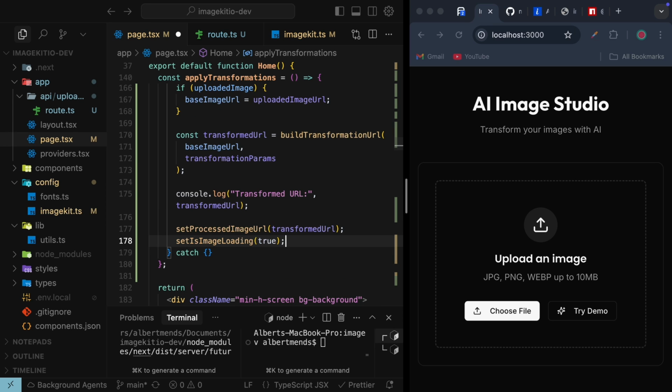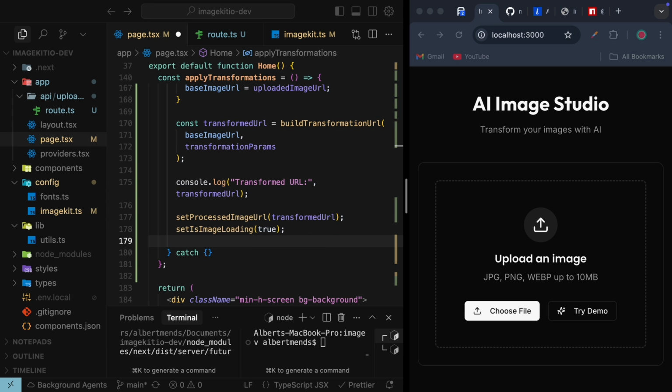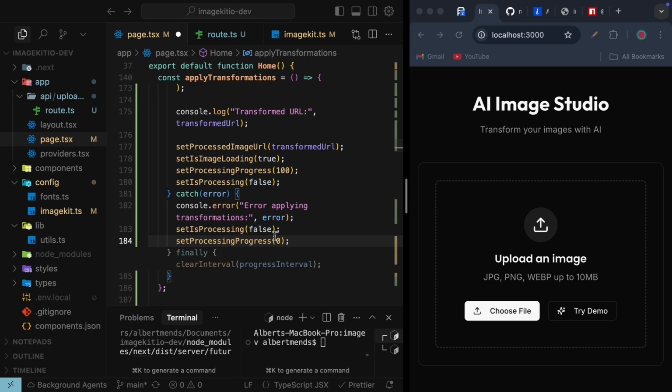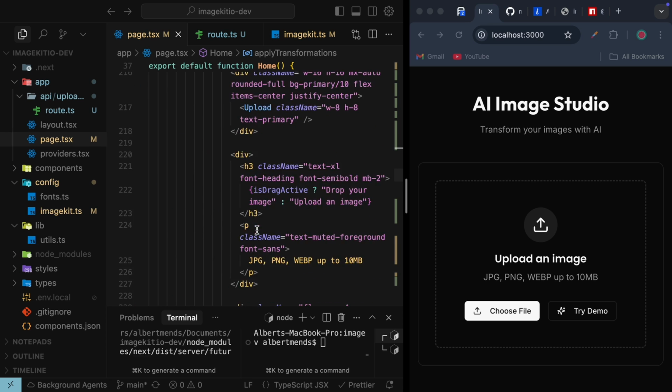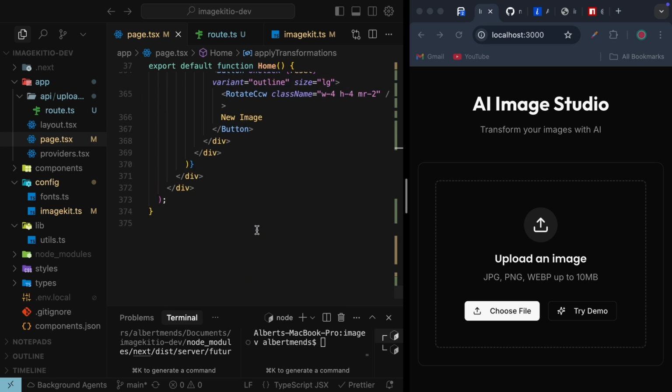We set isImageLoading to true, processing progress to 100, and isProcessing to false. In the catch block, we log errors and reset isProcessing and processing progress. This applies the selected AI transformations and updates the UI. Now, before we test the app, let's scroll to the last part of the page under the New Image button